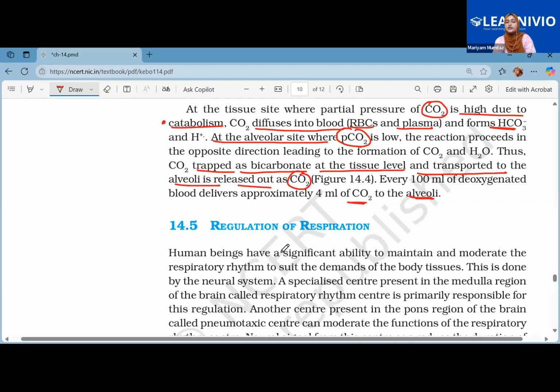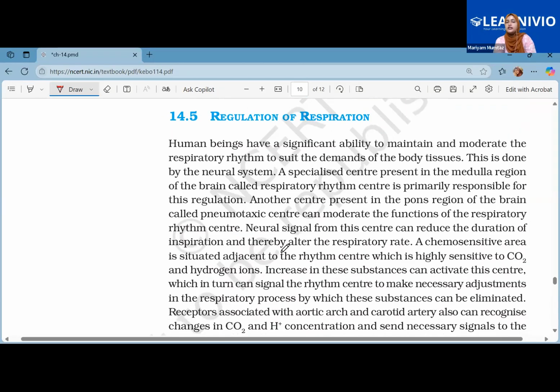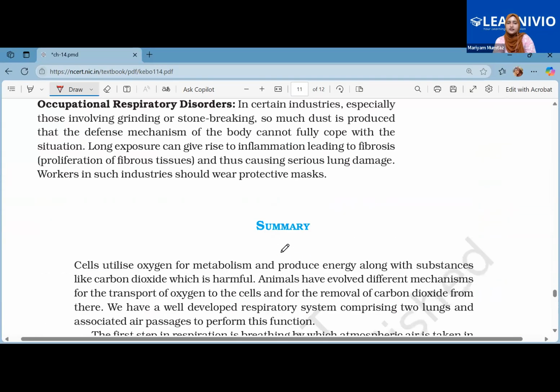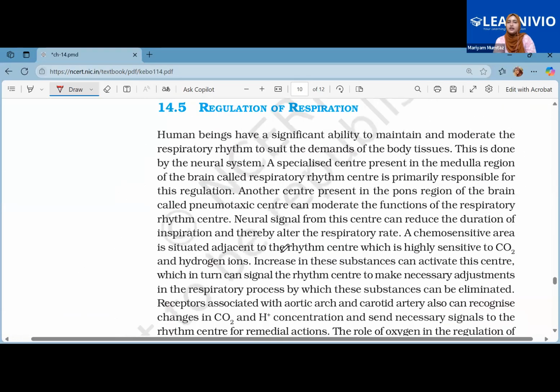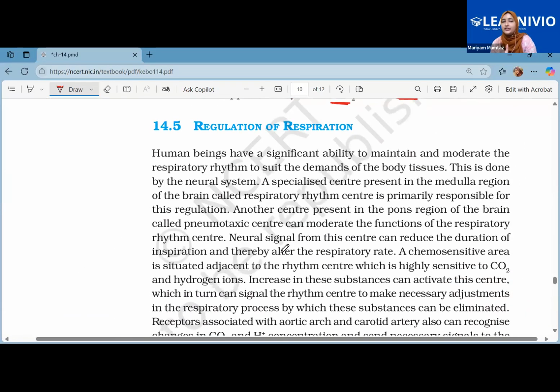Then comes the regulation of respiration. See, in our body, the chapter is about to be over. In our body, the respiration could be regulated. Regulated means you can increase, you can decrease, just like how regulators are. So, human beings have a significant ability to maintain and moderate the respiratory rhythm to suit the demands